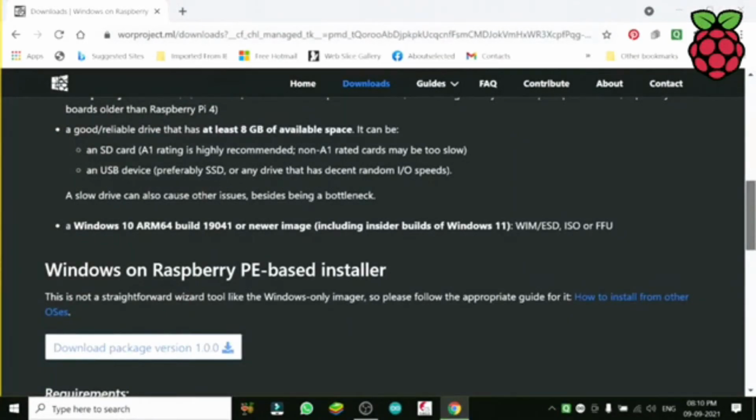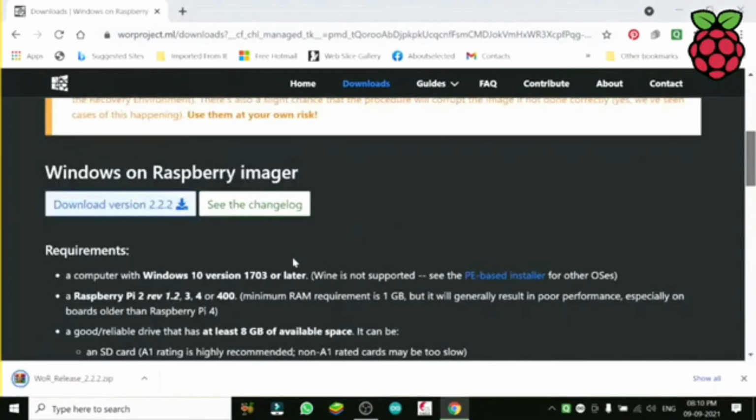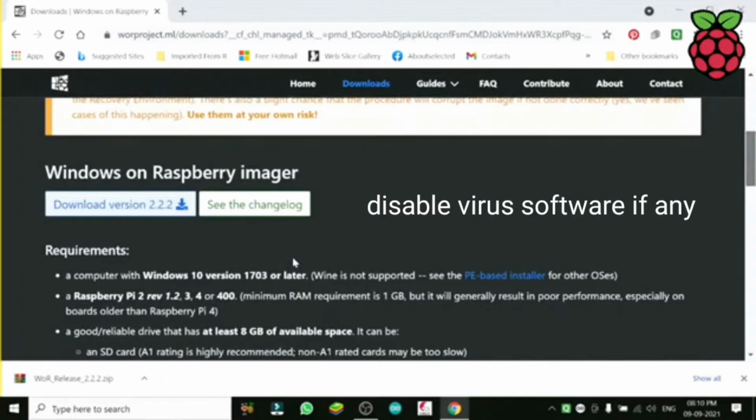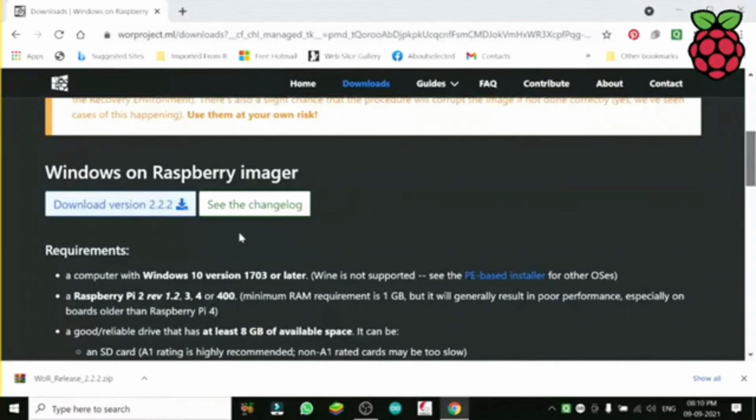And disable your virus software if any. Sometimes it disturbs and makes problems with installation and downloading the program. So disable your virus software. Now see, it has been downloaded here in a zip file format. So just keep it like this.